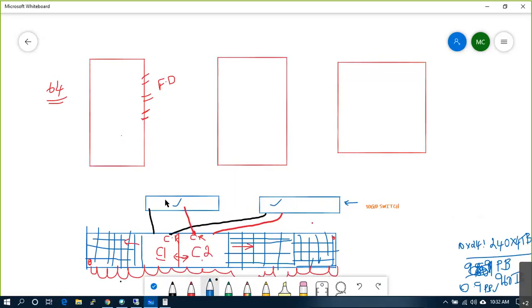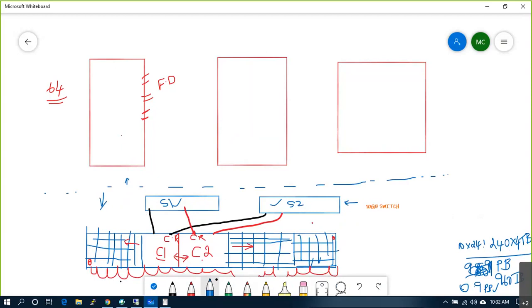This is switch 1, this is switch 2. Now on your ESXi host, I'm not going to touch more about this dotted part here. I'm more interested in the upper side of things.